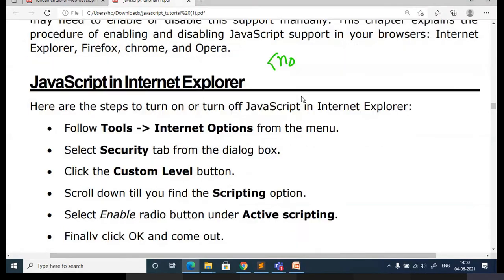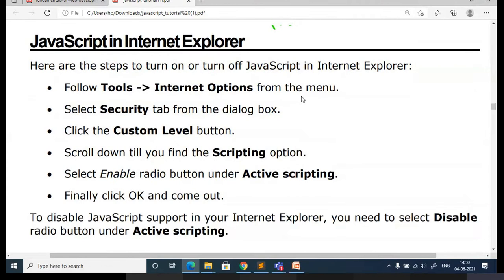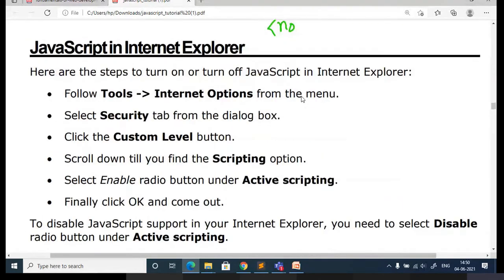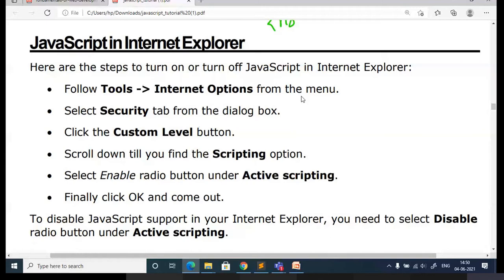Can you recall what is the tag I told to check whether the browser supports JavaScript or not? Just check it and put the answer in the chat box. I'll quickly go through the other content. Yesterday I already told and already showed the output also.